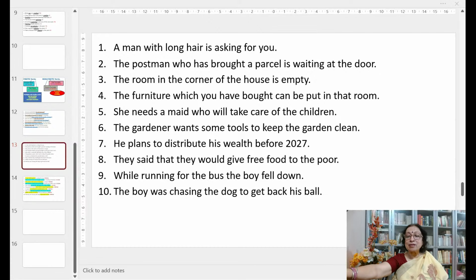While running for the bus, somebody has done this already, I think. While running for the bus, that is the phrase because running is non-finite here. The boy fell down is the part of the sentence. The boy was chasing the dog to get back his ball. To get back his ball, that is the phrase here. Because to get again is non-finite. Now,